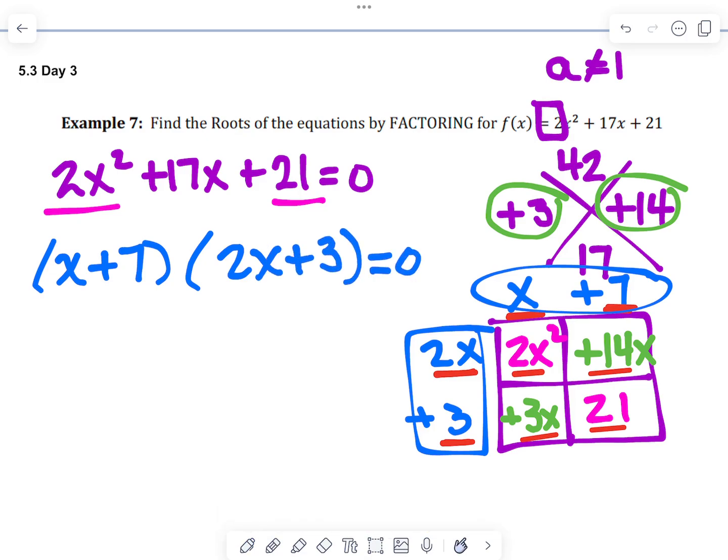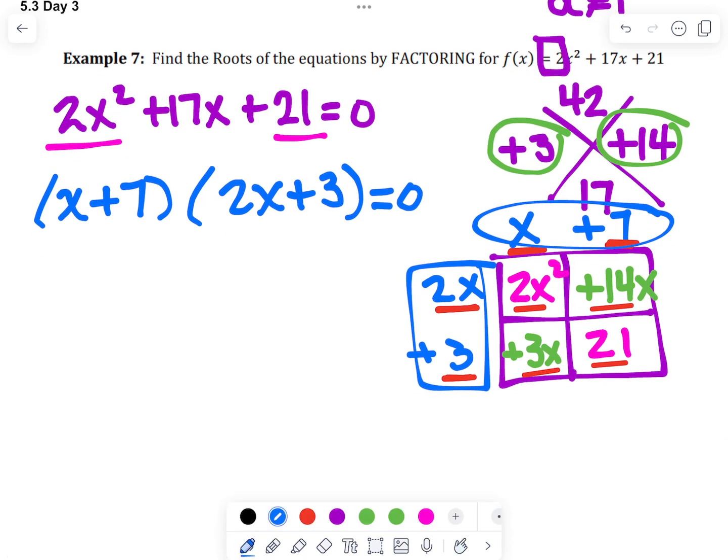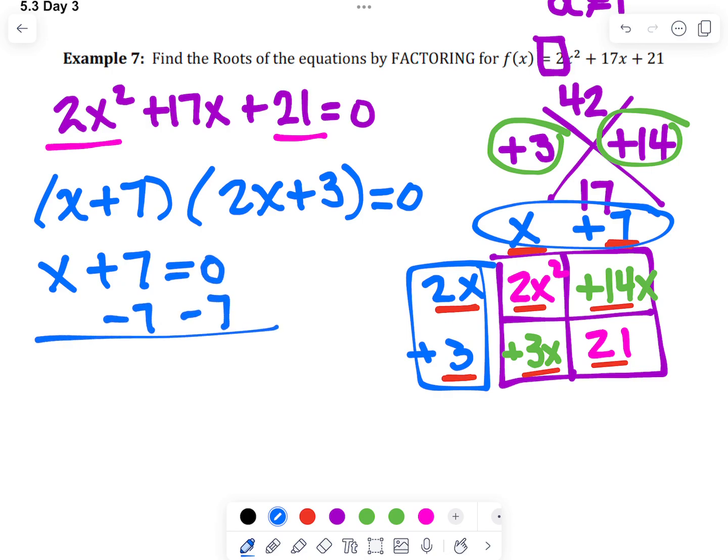Now we use our zero product property. We set the factors equal to 0 and solve for x. So the first one, subtract 7 from both sides. And we get -7. Second one,